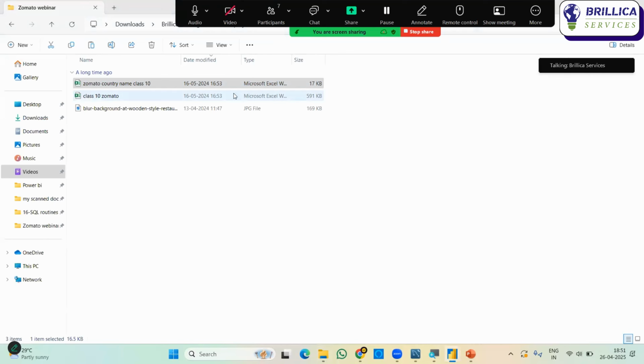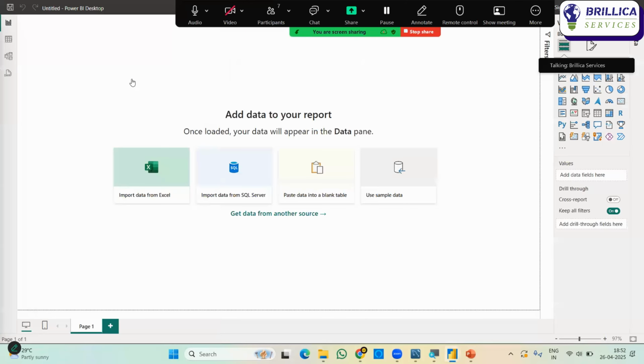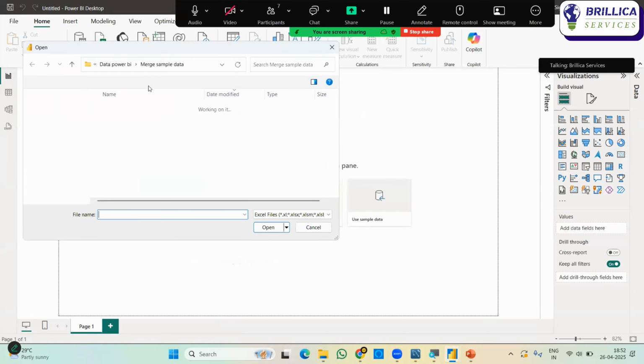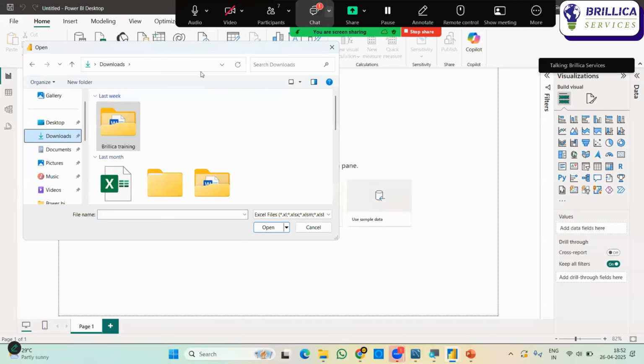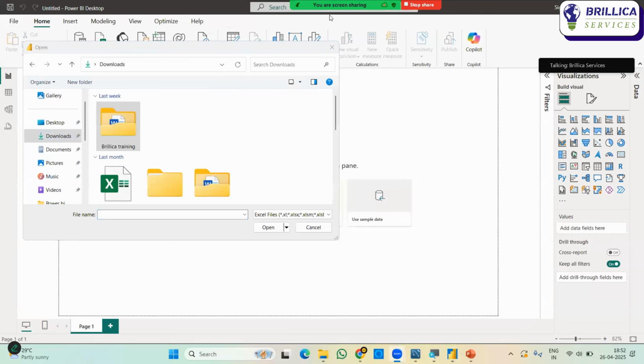सभी अपने सिस्टम पर पावर बीआई ऑन कर लीजिएगा एंड दिस इंटरफेस विल लुक लाइक दिस। हम एक ब्लैंक रिपोर्ट बनाएंगे, सो लेट्स क्लिक ऑन ब्लैंक रिपोर्ट। एंड ये एक्सेल फाइल है, सो वी विल क्लिक ऑन एक्सेल वर्कबुक। और जहां पर भी आपने अपने सिस्टम पर सेव कर रखा है इस डेटा को, सौरभ, आई हैव सेंड इट इन द चैट बॉक्स, यू कैन डाउनलोड इट फ्रॉम द चैट बॉक्स।